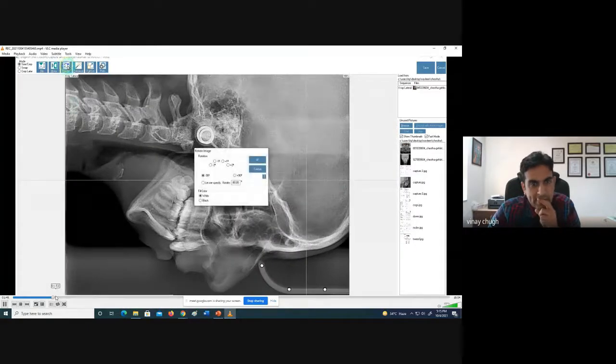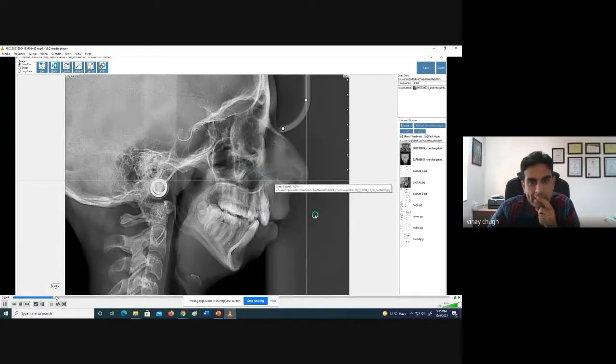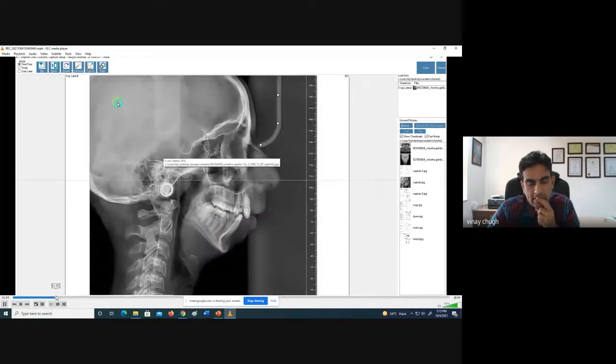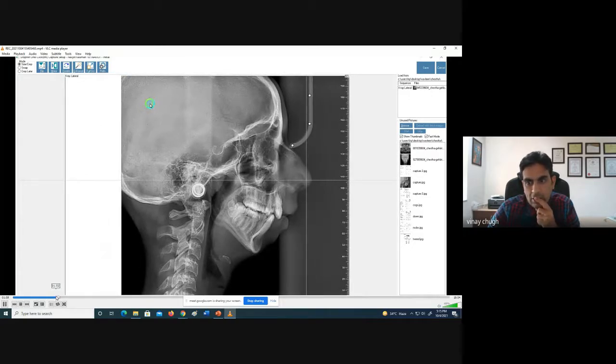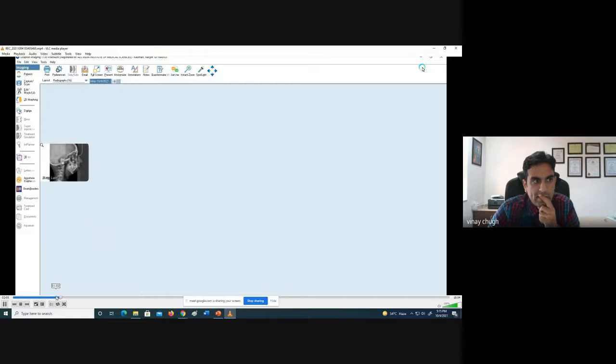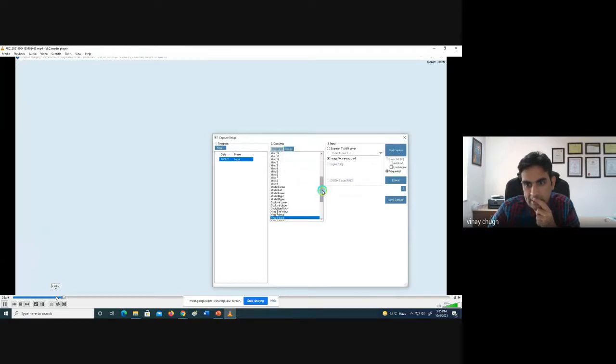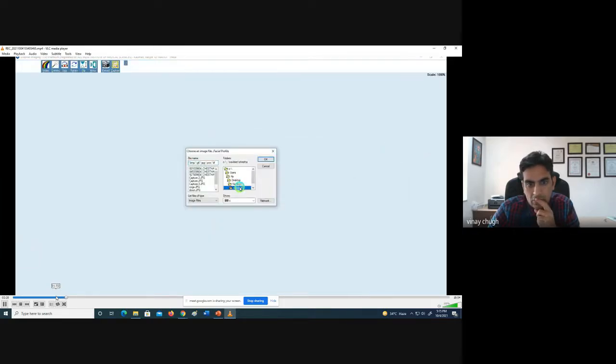Once I am able to acquire the scan, I need to align it properly and just do what the software asks you to do. These are all predefined steps, so I don't have much to do in them. So we align according to the software's requirements. And once the Ceph is taken, there is an option of capture scan again. Then we can take the image part. So we click on the image and select the profile image, because this is what we will be using in treatment planning. So I'm selecting the profile image from my folder.